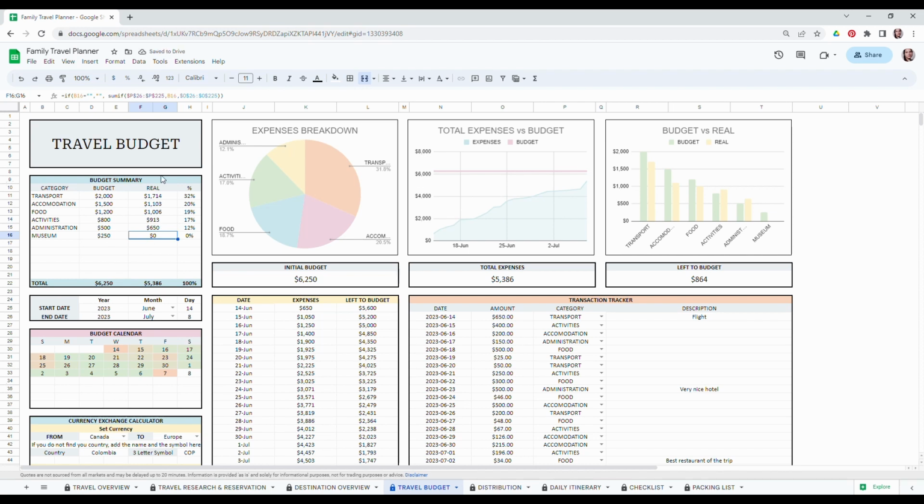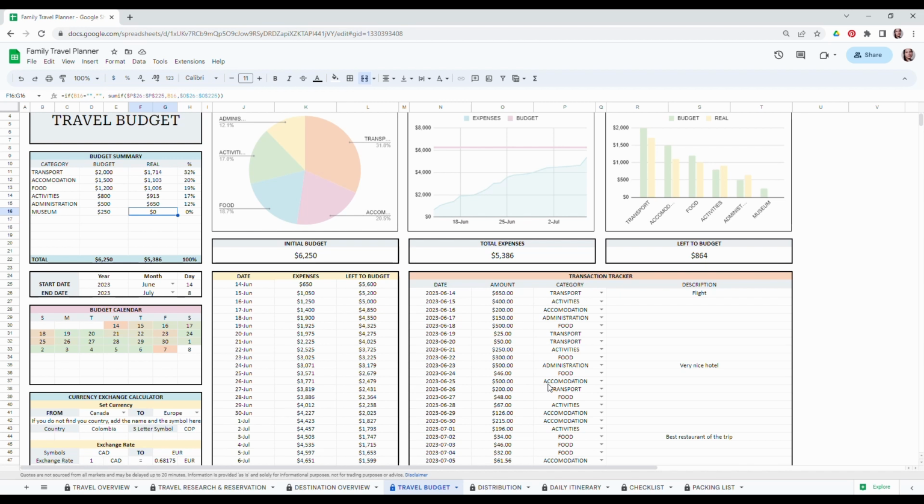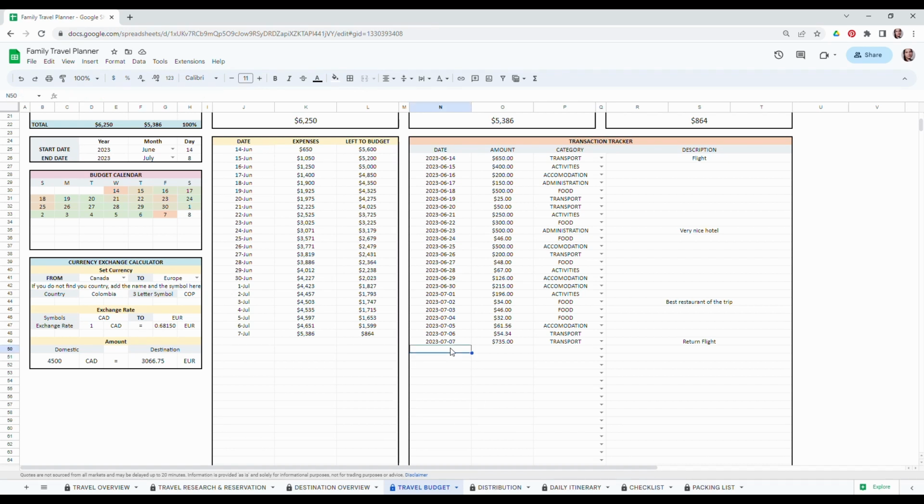And as I said, the real column and the percentage column will be filled as soon as we start tracking some expenses. So then while you are traveling, you will have to track your expenses in the transaction tracker right here in the orange table. You will want to enter the date, the amount, and the category, using the drop-down menu. So let's say, so my trip was in June. So let's say from June to July. So let's say on the 4th of July, I went to the museum. So I paid $50. And then I need to use the drop-down menu, find museum, and let's say Le Louvre